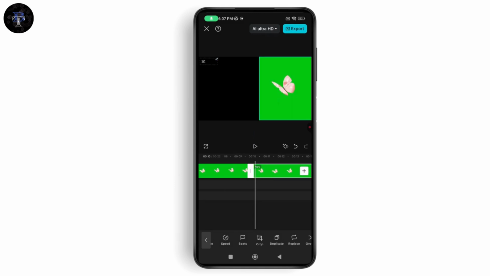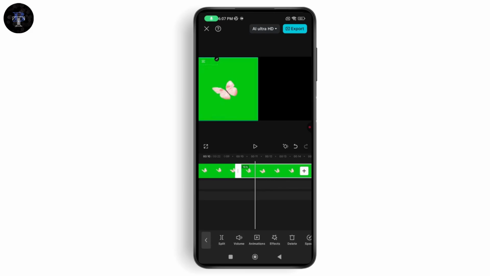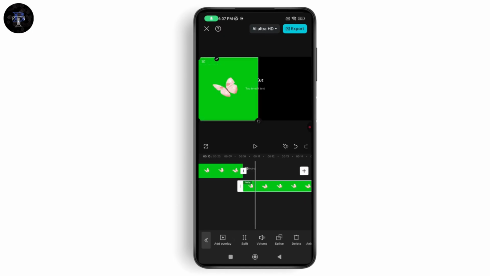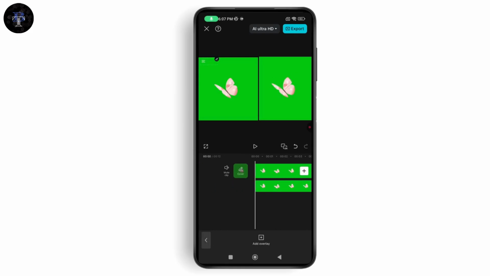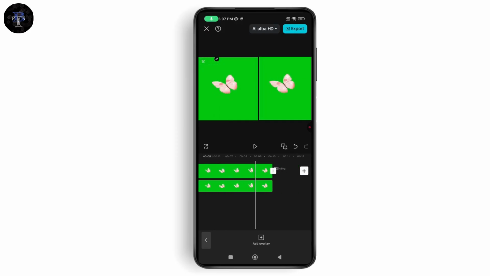Now, you need to drag the second one to the bottom. Select your video and then swipe and tap on overlay. Now, once it's on the bottom, you need to select it and then drag it to the left. And that's it. As you can see, that you have put two videos in one screen on